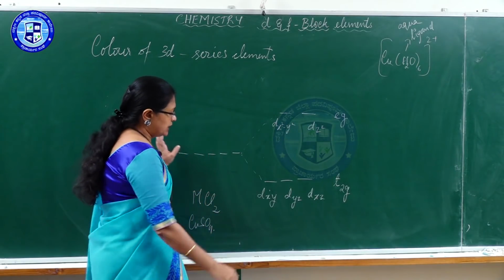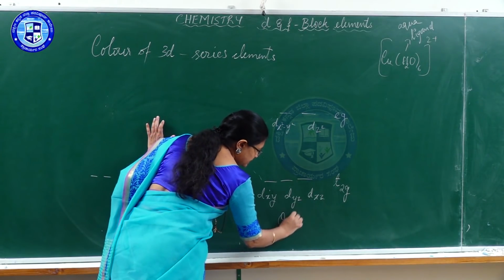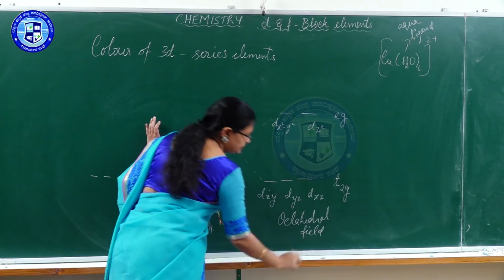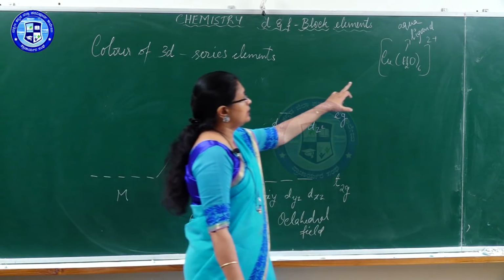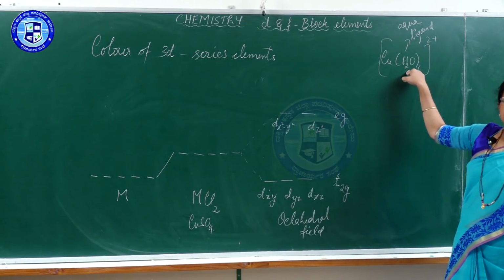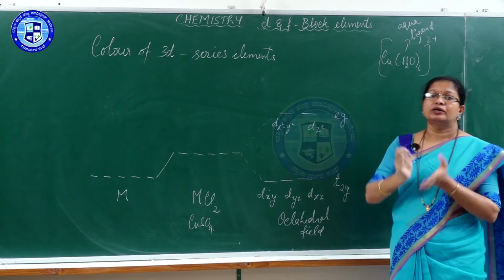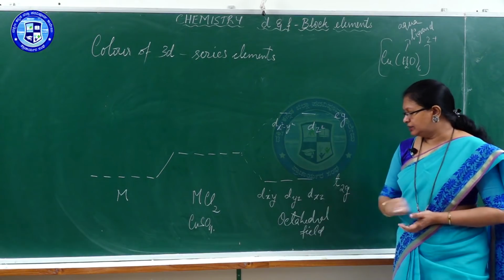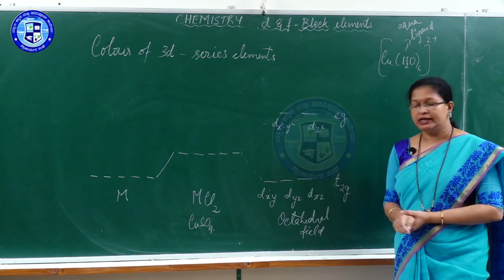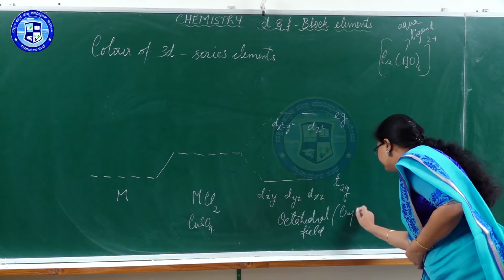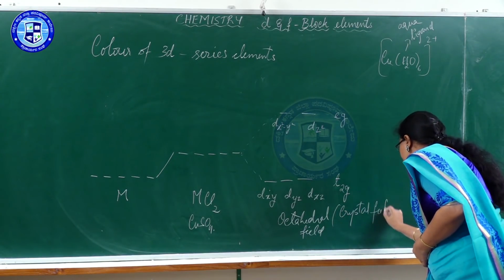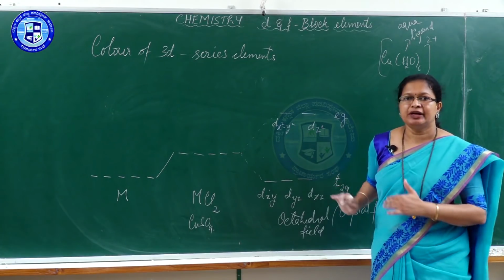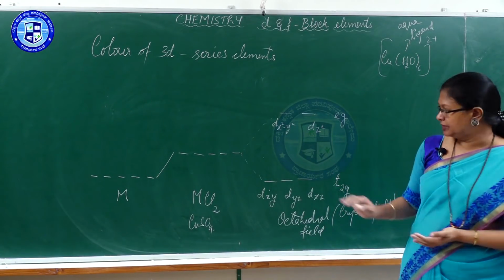Now this is called an octahedral field. Octa, because here water is present as ligand, 6 water molecules, which makes this complex an octahedral molecule. It gives an octahedral shape. That is why this is called an octahedral field, and such types of fields are called crystal field. Details of this you will learn in the coordination compound chapter, but whatever is required to link it to the 3D series elements, I am teaching here.